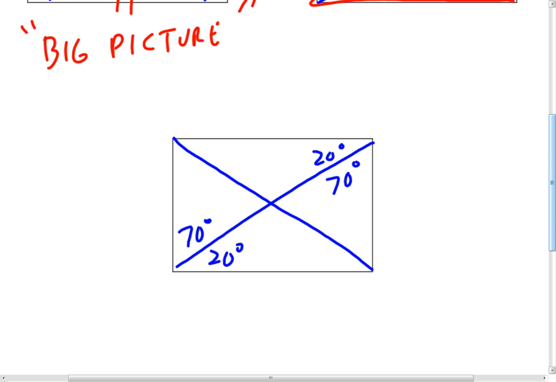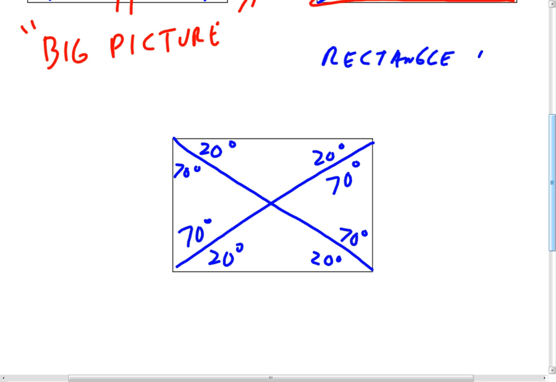Dealing with the same drawing, let's put 20 degrees here, 70 degrees here, 20 here, 70 here. Does it make sense that this is also going to be 20? Does that feel right? Is the rectangle pretty symmetric? Does it look the same on the left side and the right side? This is also going to be 20. This is going to be 70. This will be 70 in this specific drawing. The reason for this is because